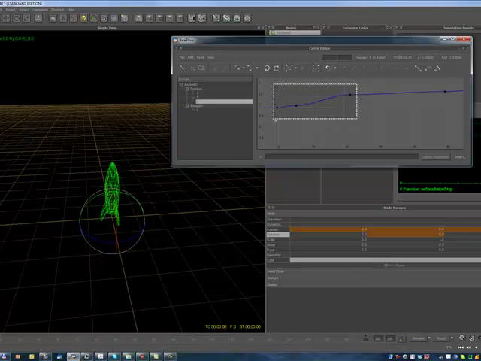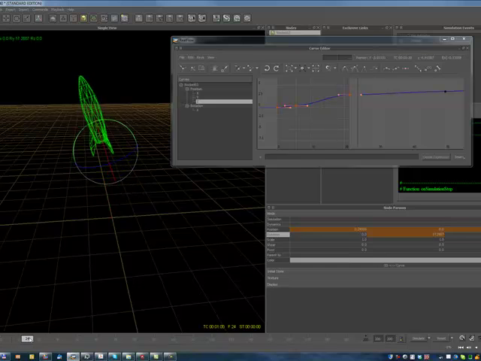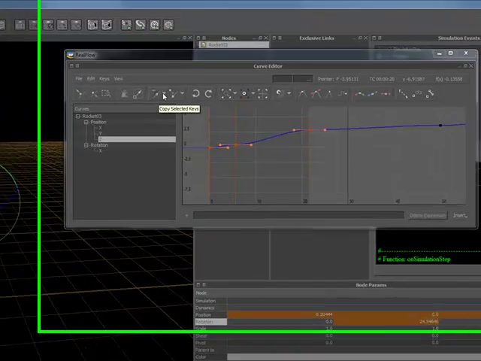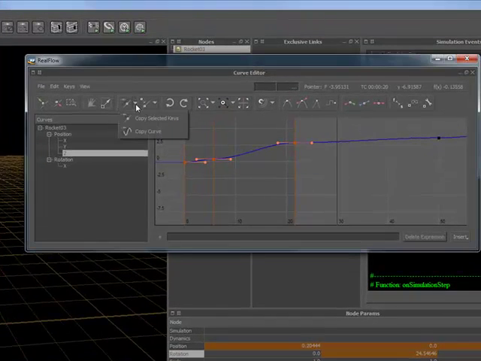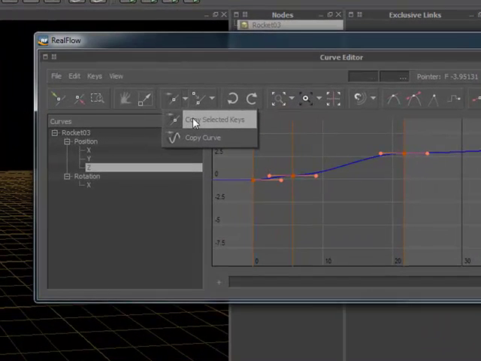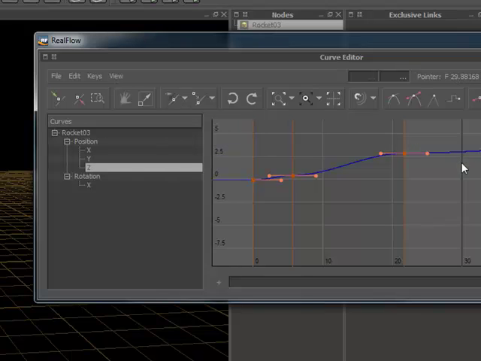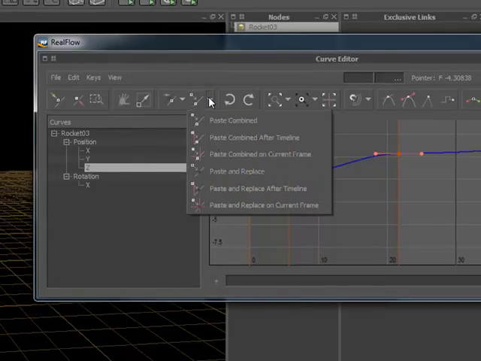So we select these 3 keys, and let's go to frame 30. So here we can have copy. If you click on the arrow, then you can have copy selected keys or copy curve, and right now the copy selected keys is on. So let's copy these keys. So you just hit this, and then right next to it, it has the paste, and we have a